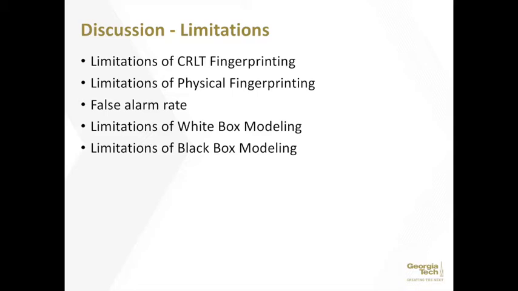Furthermore, the highest accuracies that CLRT fingerprinting and physical fingerprinting achieved were 99% and 92% respectively. Now, while those are very strong numbers, that still leaves a 1% and 8% false positive rate. This would then have a human analyst look through the intrusion detection system to go through the false positives and determine, hey, this is actually not an intrusion, this is just a false positive, which would then increase the overhead costs of maintaining and defending this system.